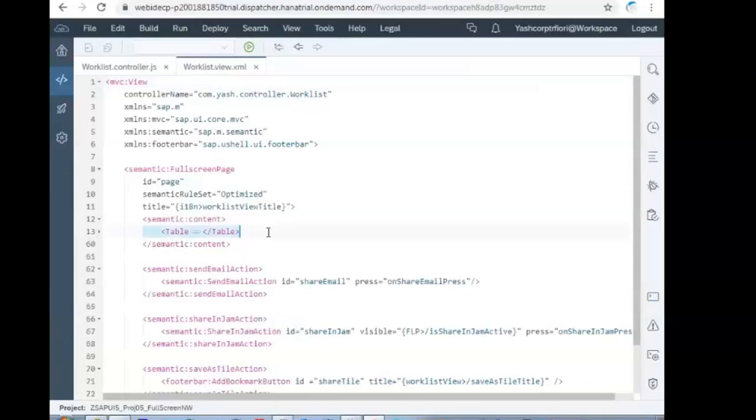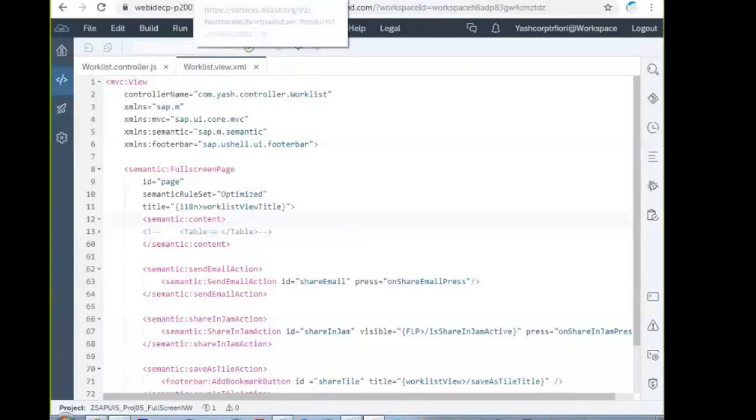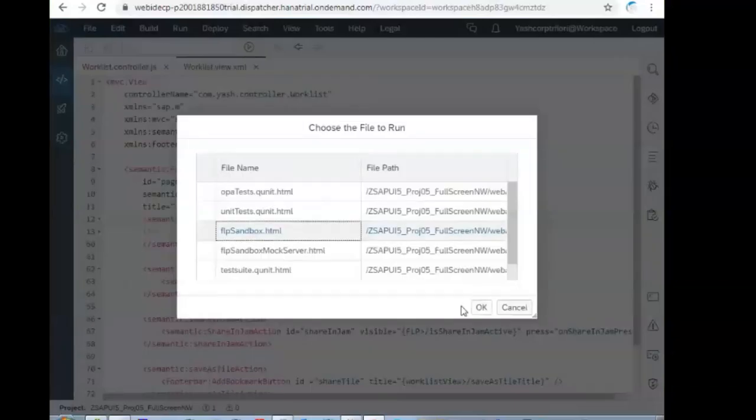The table control, you completely comment it out. Control shift forward slash is the commenting shortcut key.